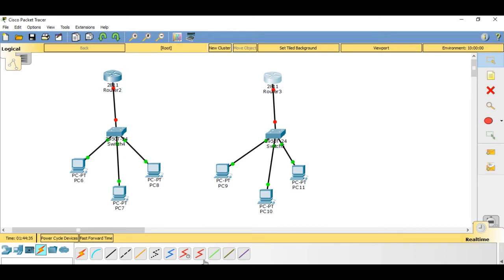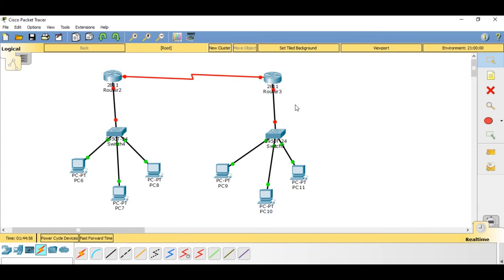We are now going to connect this particular serial DCE connection from one router. Select serial 0/3/0, then take your mouse over to the next router, click, and select serial 0/3/0. Now you can see that these particular routers are also connected.